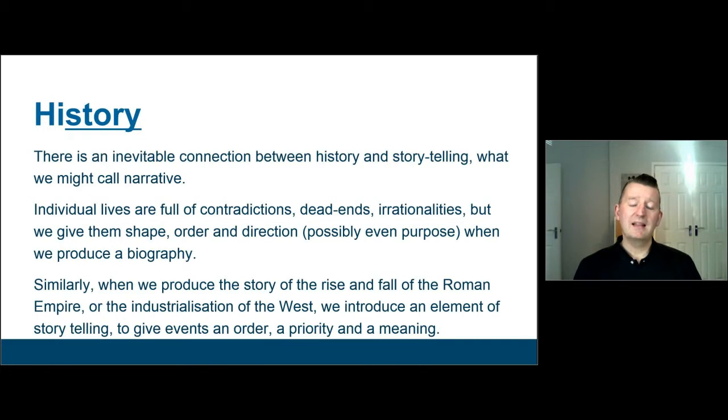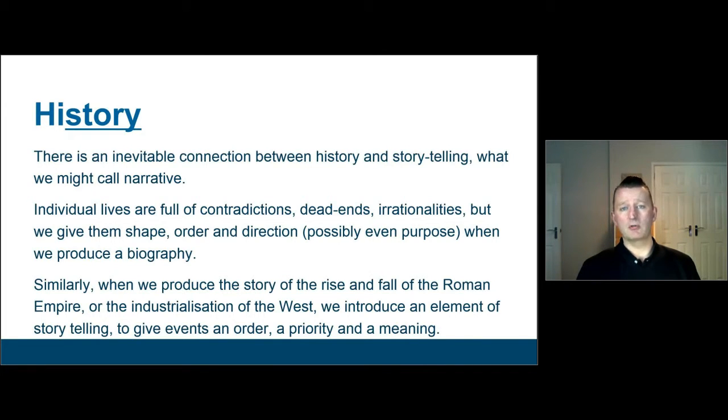So as the very name of the subject in English indicates, history is largely about story, and there is an inevitable connection between history and storytelling, or what we might call narrative, the construction of narratives. It's easier to grasp initially when we think about people's lives. Individual lives are full of contradictions, dead ends, irrationalities, and also things that just don't really have any meaning or purpose. But we give those lives shape, order and direction, and possibly even a strong sense of purpose when